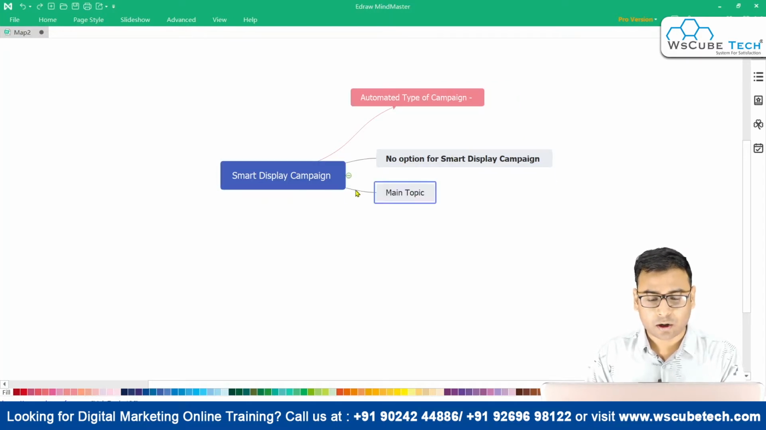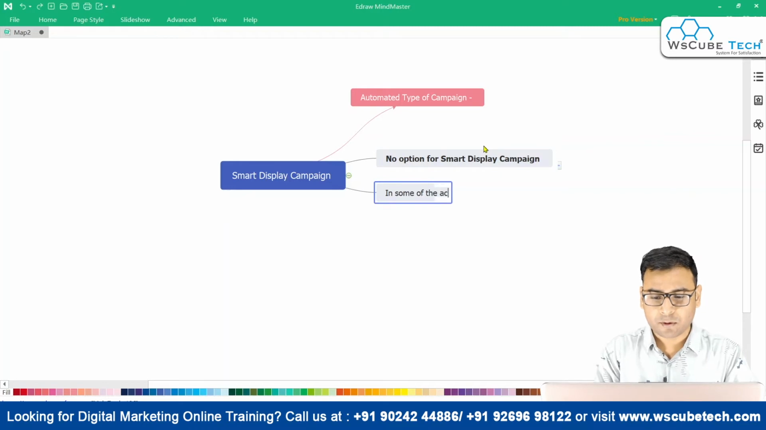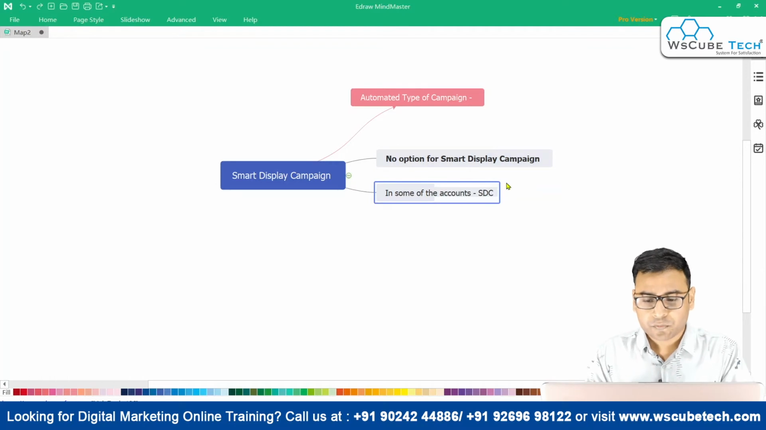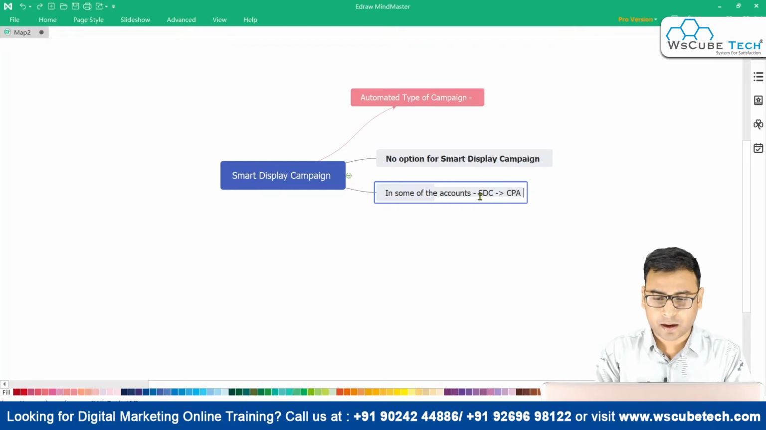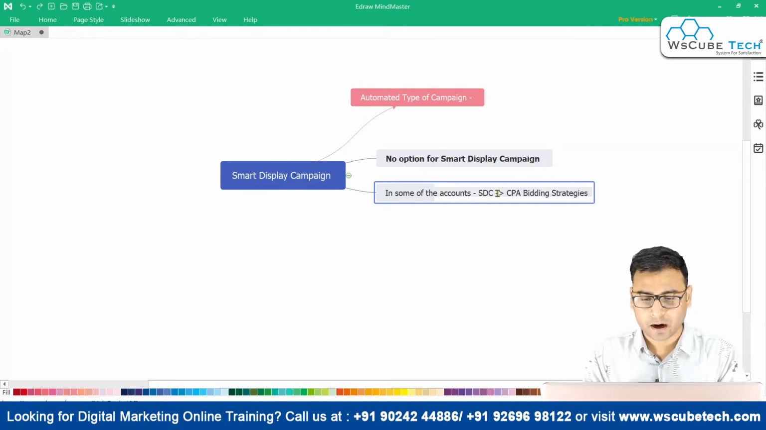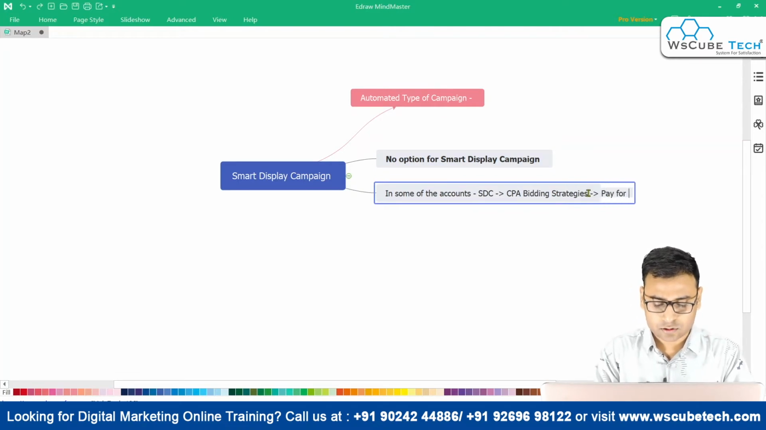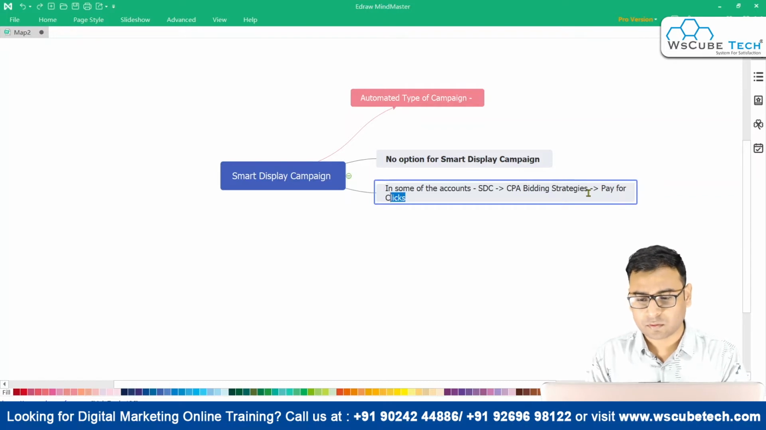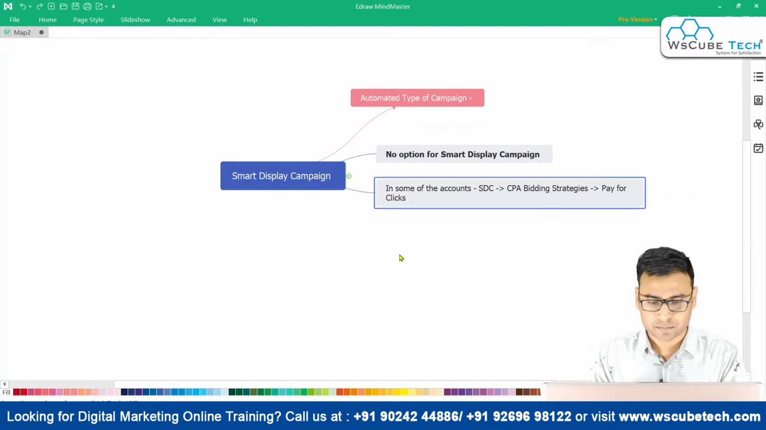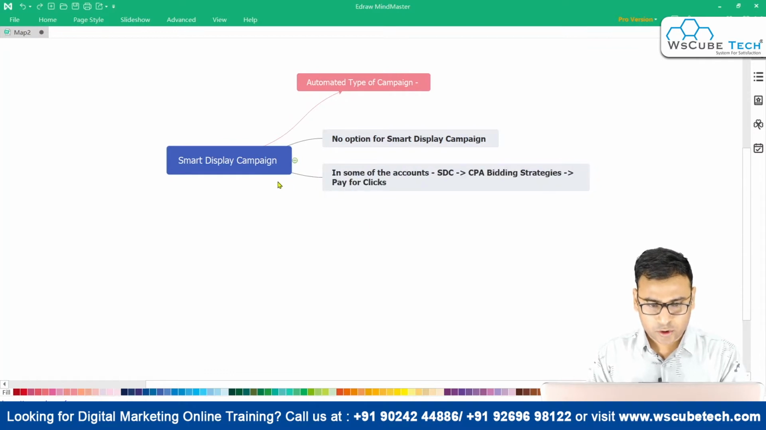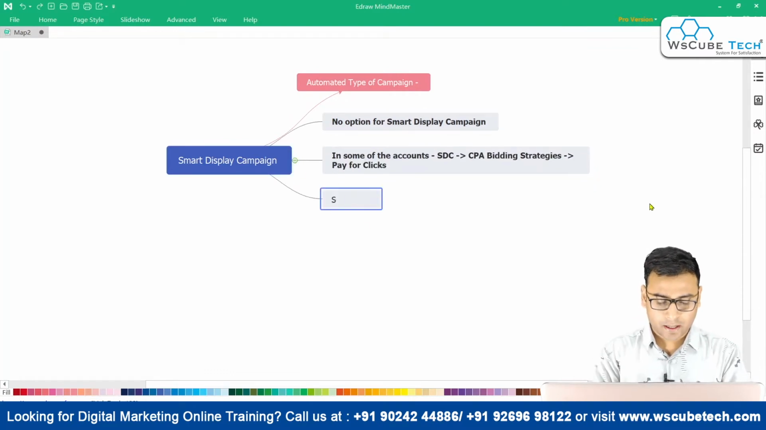Another thing you will come across is that in some accounts you will have the option of running smart display campaigns, but you will not get the CPA bidding strategy. You won't be getting the CPA bidding strategy. So you will be limited by the bidding strategy in that particular account, and you will only get pay for clicks, or the optimize for clicks option, to run the smart display campaign. And then in the third case, you will be able to run smart display campaigns,